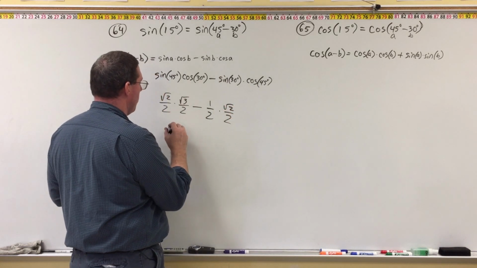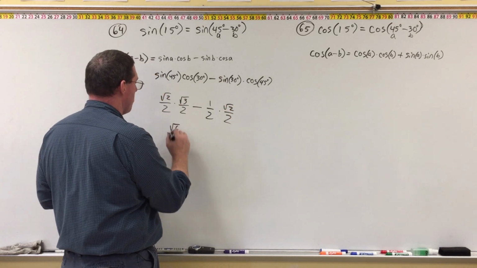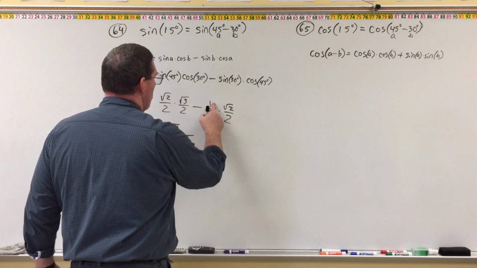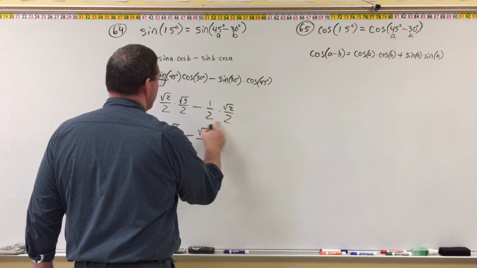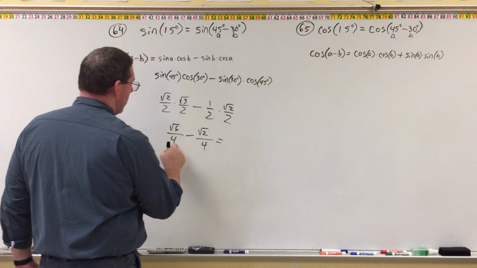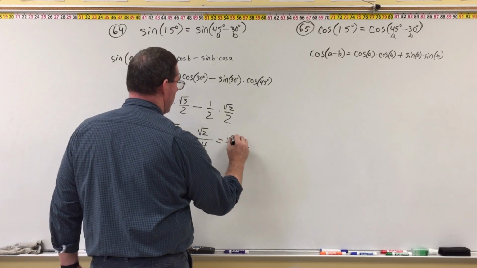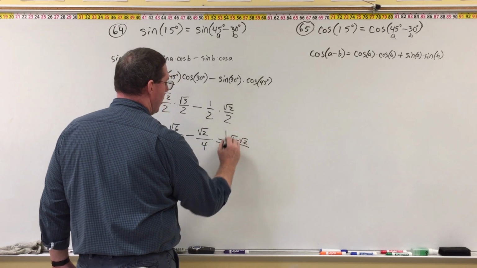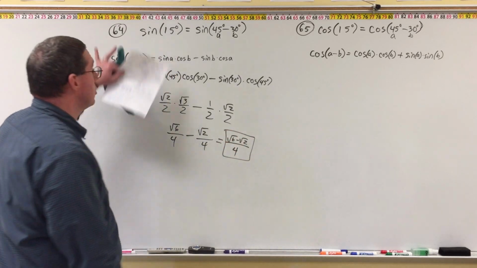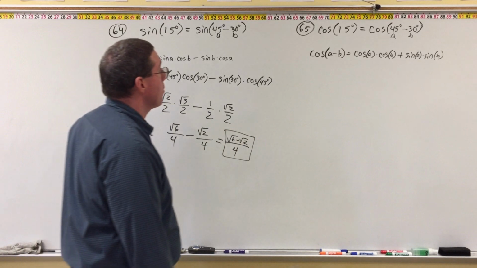And so square root of 2 times square root of 3 is square root of 6 over 2 times 2 is 4, minus 1 times square root of 2 is square root of 2. 2 times 2 is 4. Common denominator of 4. Square root of 6 minus square root of 2 over 4. And this is the correct answer to question number 64. Now 65